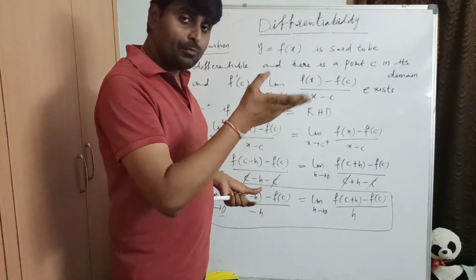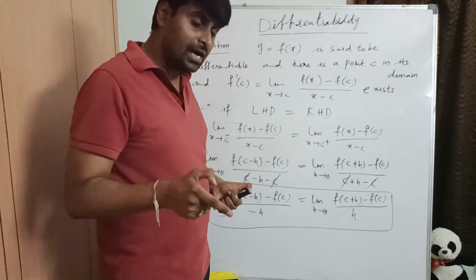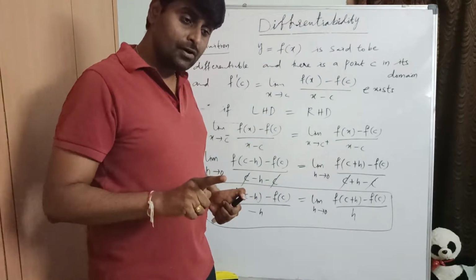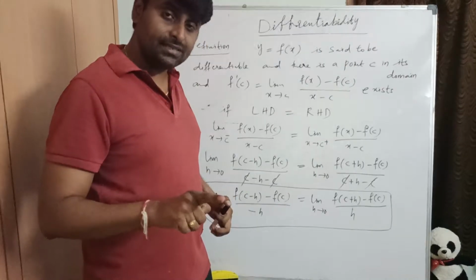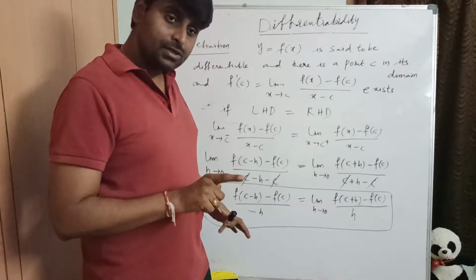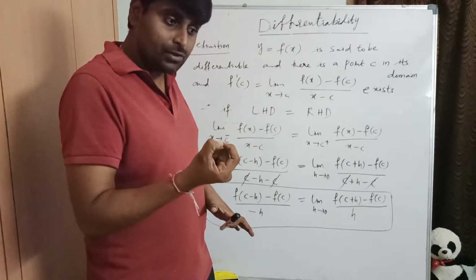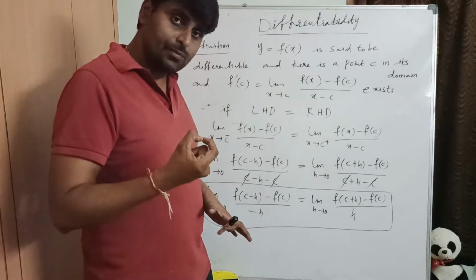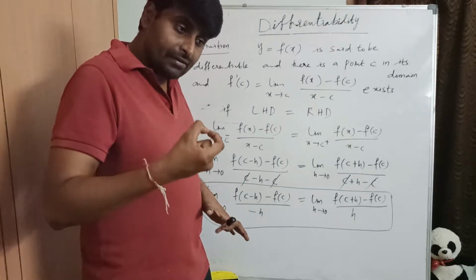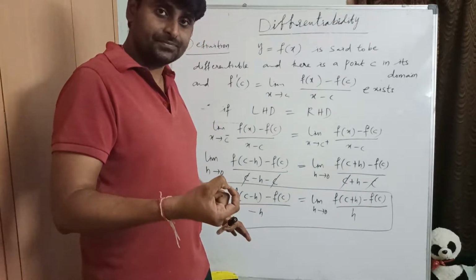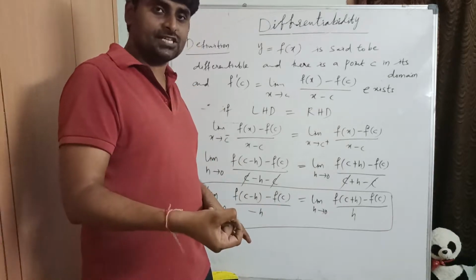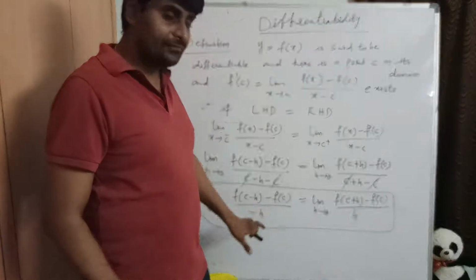It is a slope of tangent. Whenever you are able to draw one particular, unique tangent for the given curve, only then are we going to get one particular slope. At that point we are going to get the slope, which means the derivative is going to exist, which means it is going to be differentiable. We'll see that graphically also.